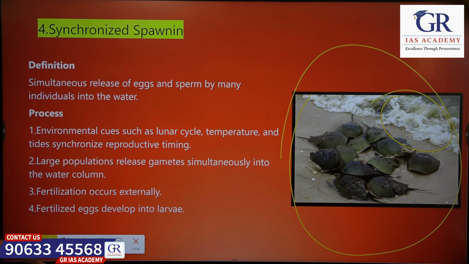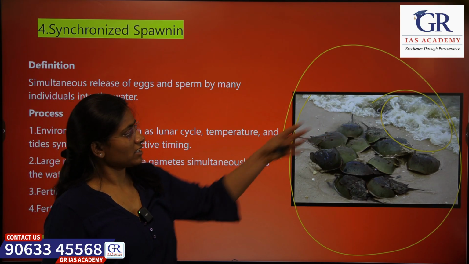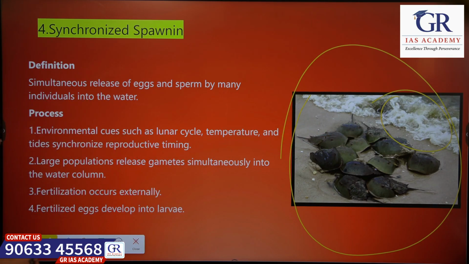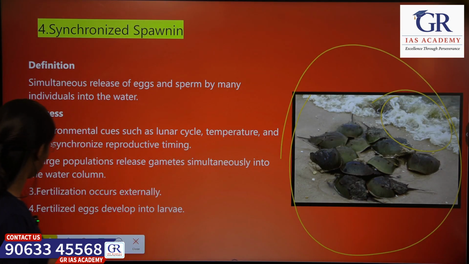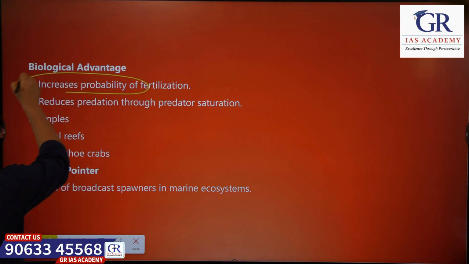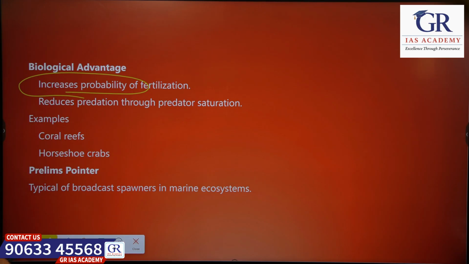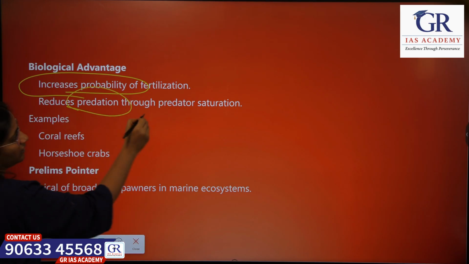So this synchronized spawning, this fertilization at the same time, helps increase the fertilization chances of the species. Okay, so that is one advantage, that it increases the probability of fertilization, and it will reduce the